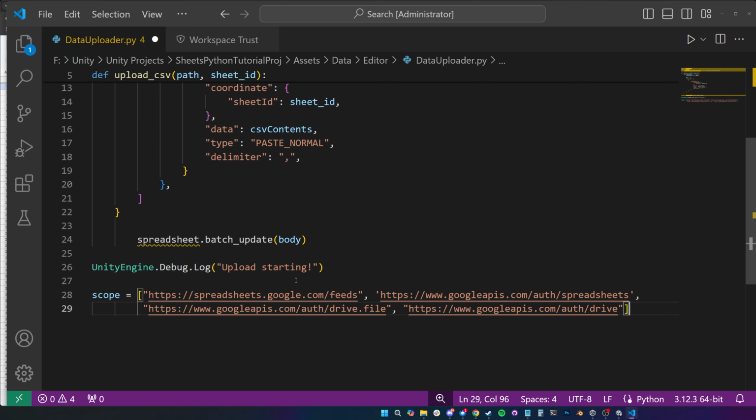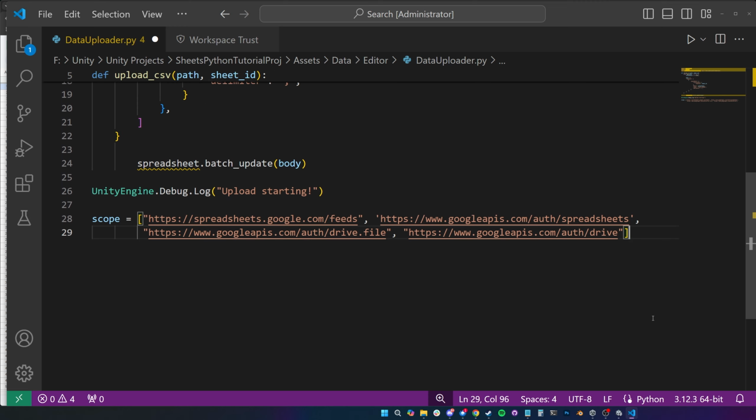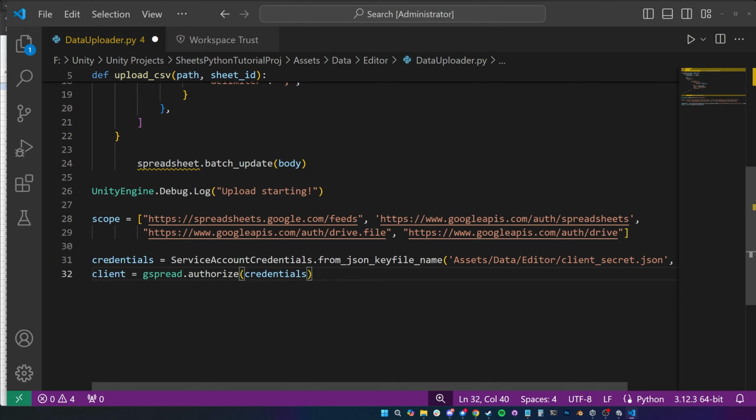So again, they're here on screen. Make sure this is your scope. And we're going to need to create some credentials as well. So let's copy this over and take a look. So credentials, this is equal to service account credentials dot, and then we're going to load up our credentials from